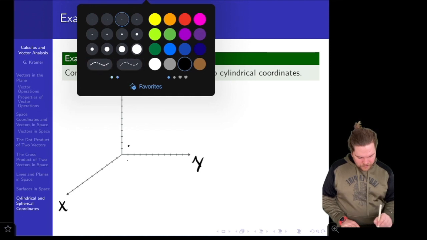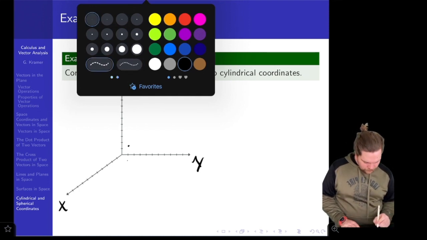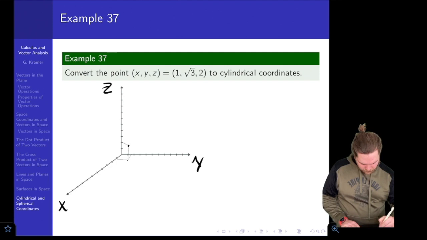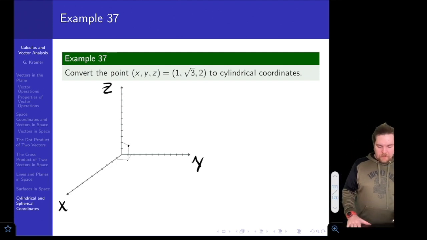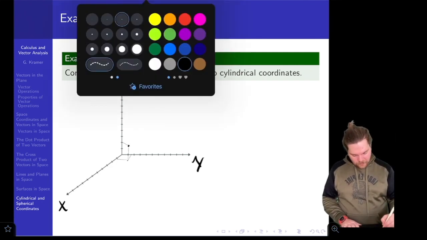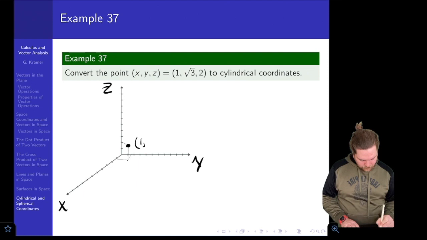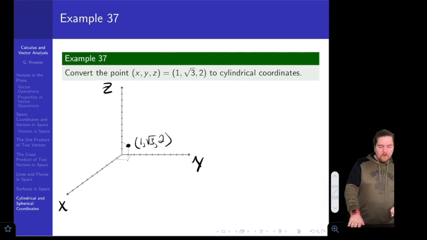So just for some reference, right about there is where I'm visualizing my point. Now I'll go ahead and draw it a little bit thicker. Alright, so if we wanted to convert from